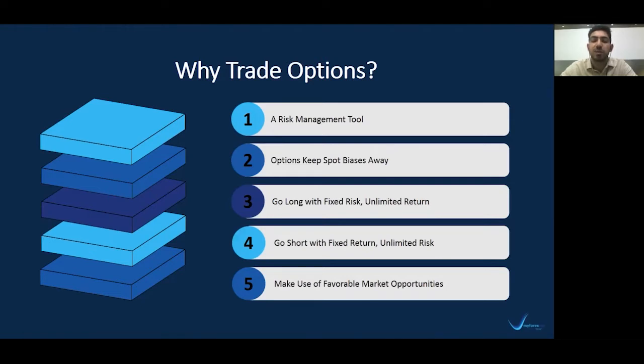And I'm open to unlimited return since the market can move in the favorable direction to any extent at the time of maturity. By going short, it implies that I'm selling the option and I'm receiving a fixed return because I'm receiving a premium. I'm an option seller. So I'm hoping the market at maturity is favorable for the buyer so that I do not have to oblige. But if the market at maturity is unfavorable for the option buyer, I'm open to unlimited risk.